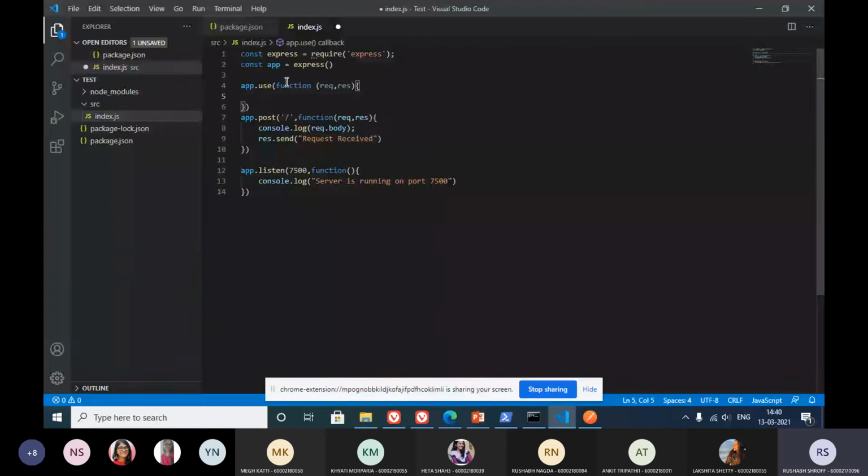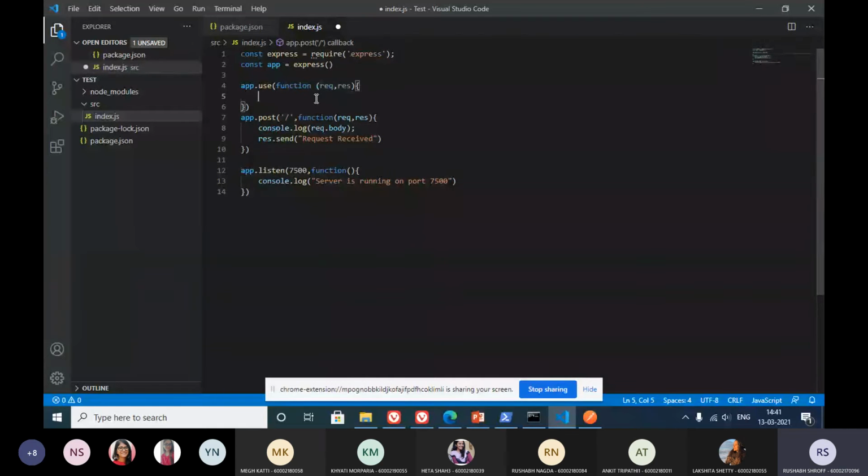So basically, every time a request comes onto our server, this function is going to be called first. Whatever we process over here is then going to go to this.